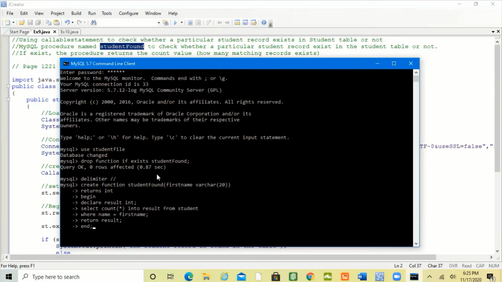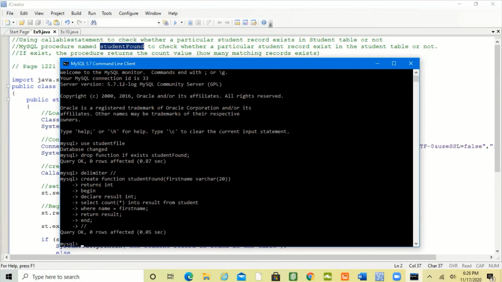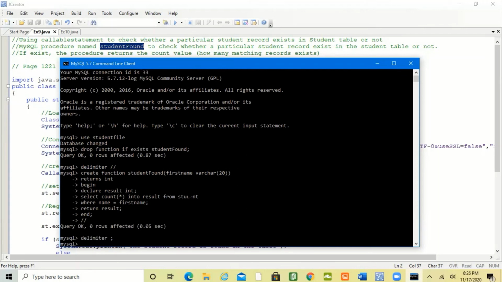Except for begin and the create statement, every statement has a semicolon at the end. The select statement continues here until here. This is the return statement. This is the end statement. You have a semicolon, so that's why I change the delimiter to double slash. Here I'm going to say double slash, saying that the stored procedure is over. Now change back the delimiter. So the delimiter is semicolon again.